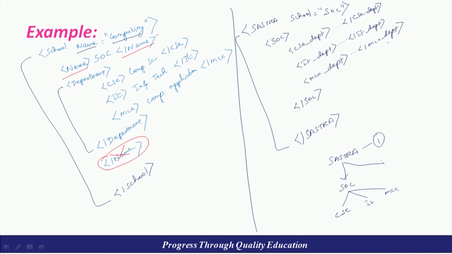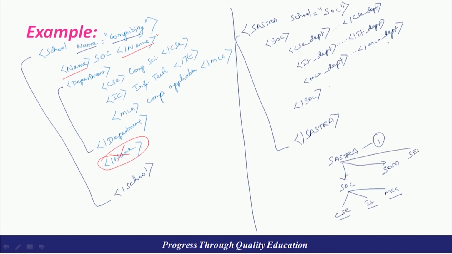If I say SOC is a parent, then definitely it has children CSE, IT, MCA. So, Shastra has one or zero or more child elements. SOC is one of the children, School of Management is another child,